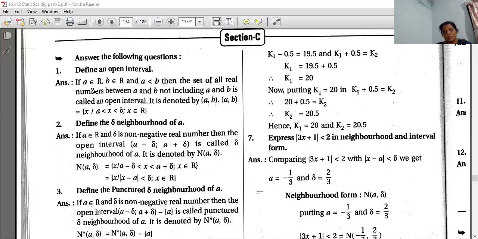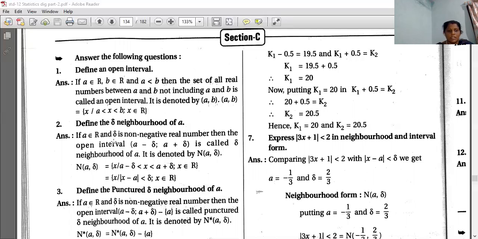Few definitions are only there, so please learn them by heart. Memorize them thoroughly, right? Last time also I have seen that many teachers were giving 0 marks in the board exam for not writing as it is given in the textbook. So I have experienced this, that's why I am saying if you are able to learn, please learn it. It is not like able to learn, you have to learn. No other option is left with you, you have to learn.